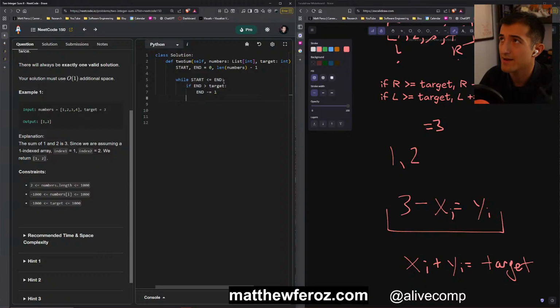we need to add start. It can't just be, how do we find what the target is? So target.